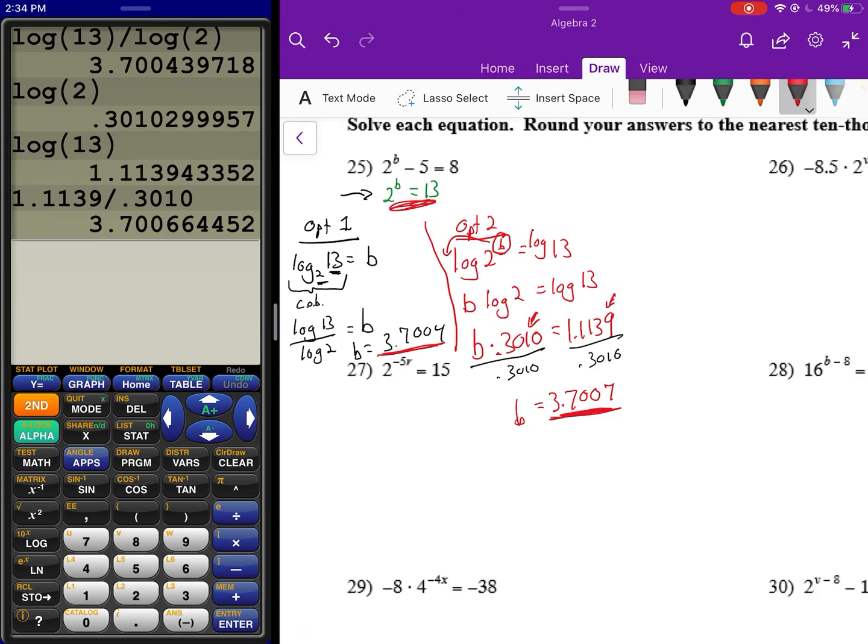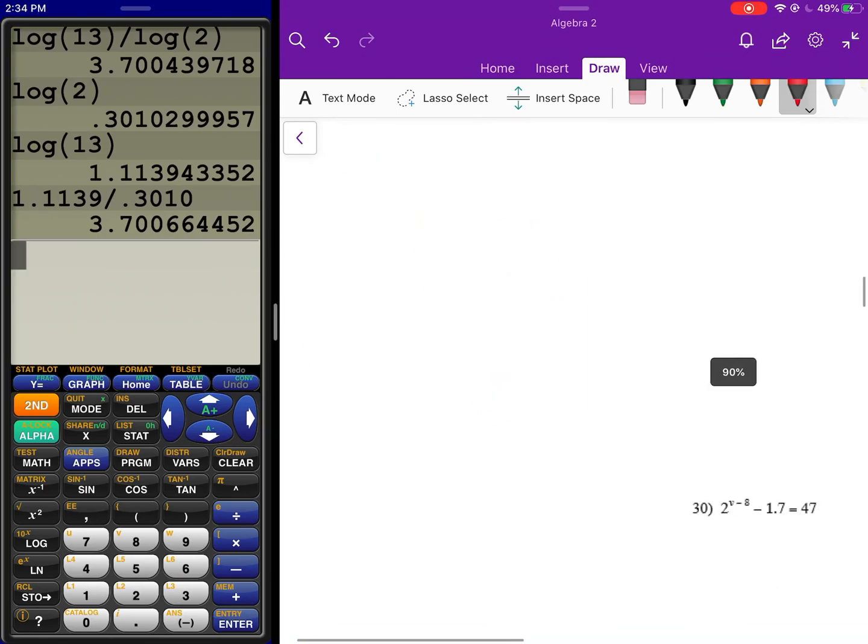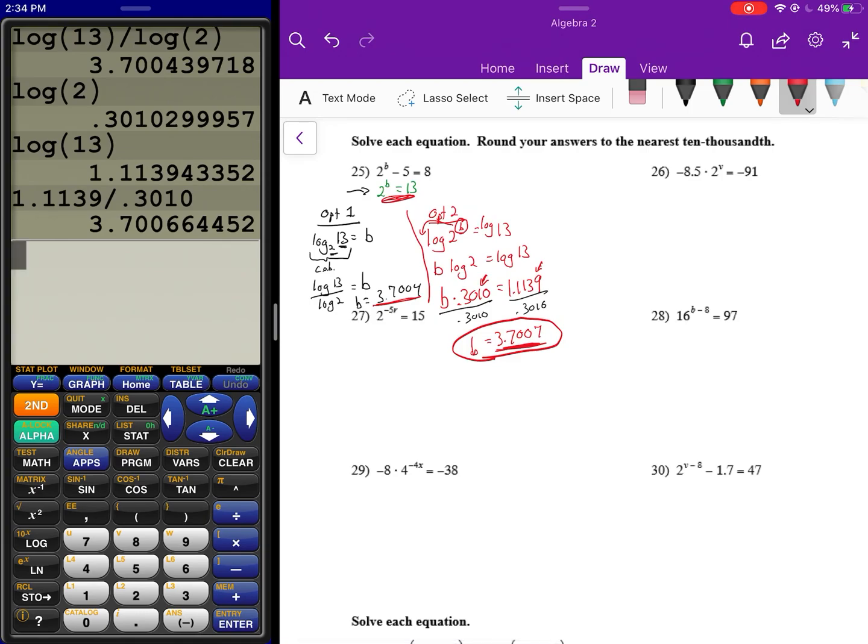We rounded here, and once we have a rounded answer and you work with a rounded answer, it's going to make it a little bit off. So I will accept this answer, obviously, but that's why, because we rounded. Let's go ahead and look at